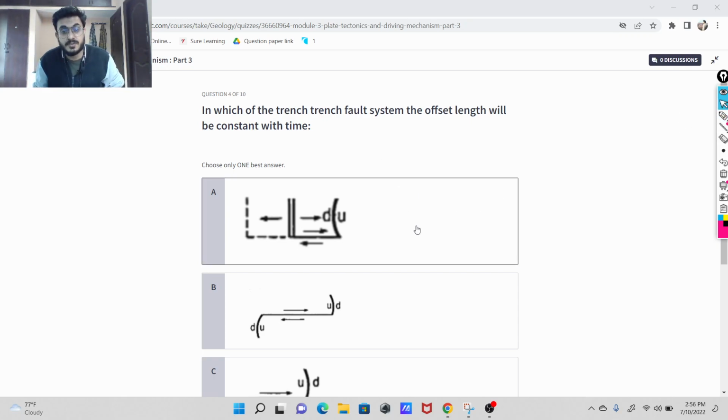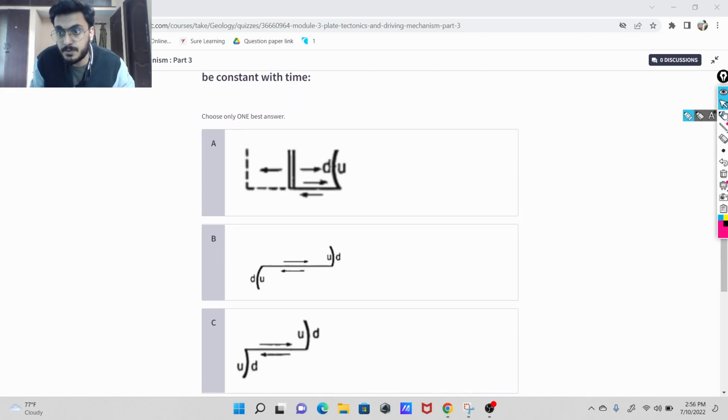What is asked? The offset length will be constant in the trench system. Now if you see this first option, this is not a trench system, this is a ridge and this is your trench. So this option is wrong. Now this one is your trench system. I explained it to you, if I draw the figure here, it will look something like this. And this one, how will it look? It will look something like